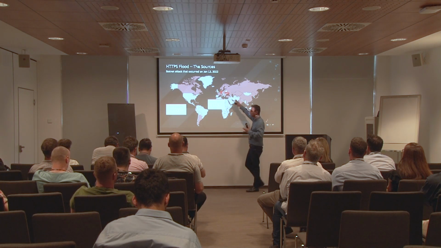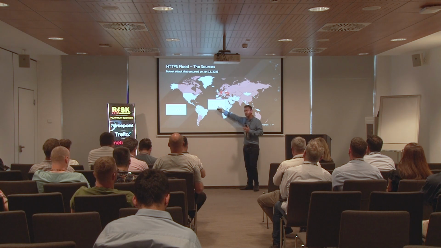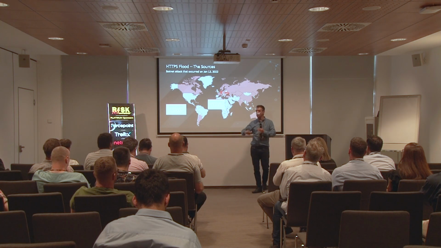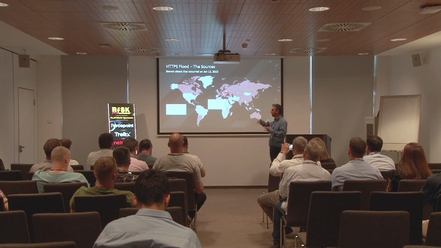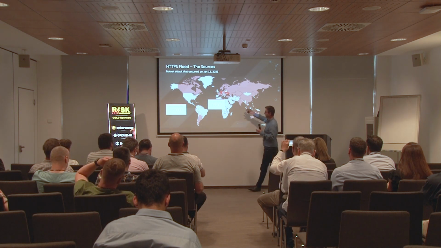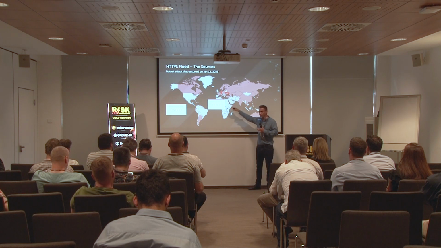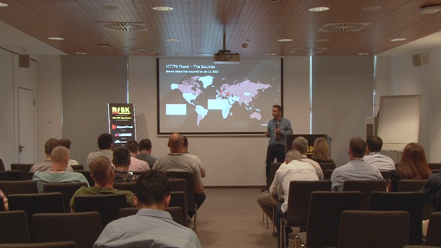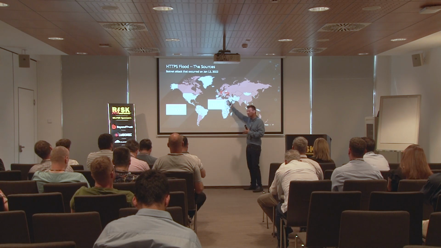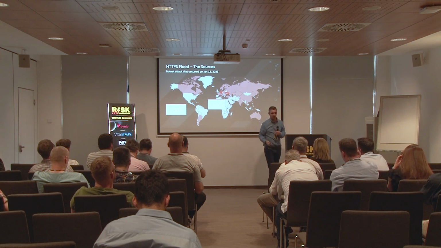For example, you cannot use geo-blocking in that sense, right? The attacks on Ukraine come from Ukraine sources. So if you use geo-blocking, let's say I want to block any sources outside of Ukraine, but attackers are using Ukraine sources, so geo-mitigation or geo-blocking will not help you here. They created a botnet based on source IPs from Ukraine.